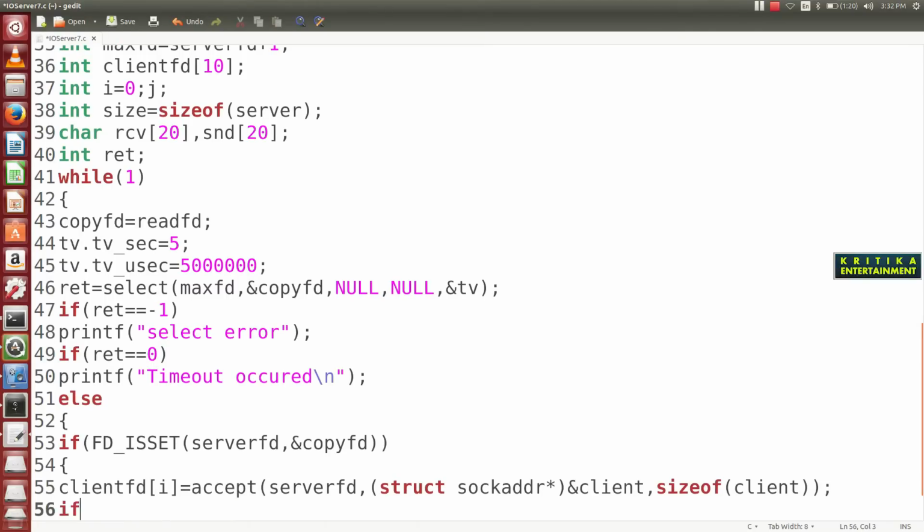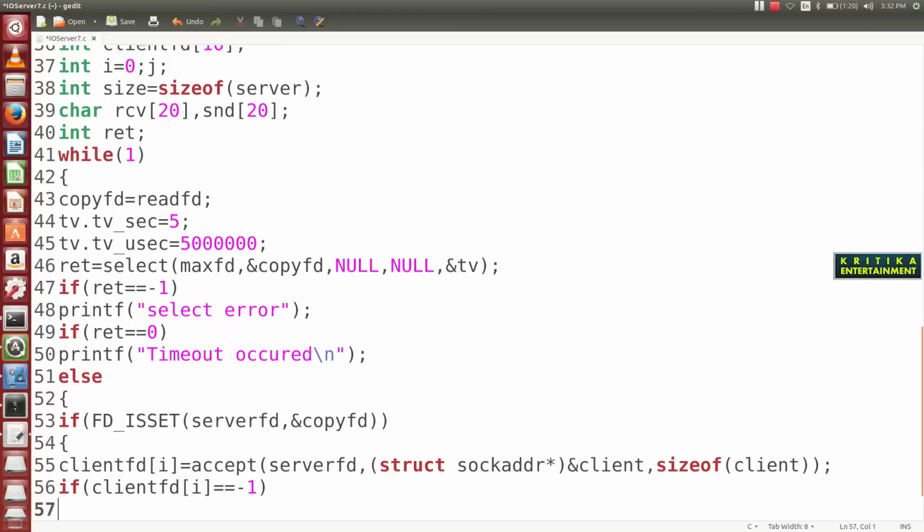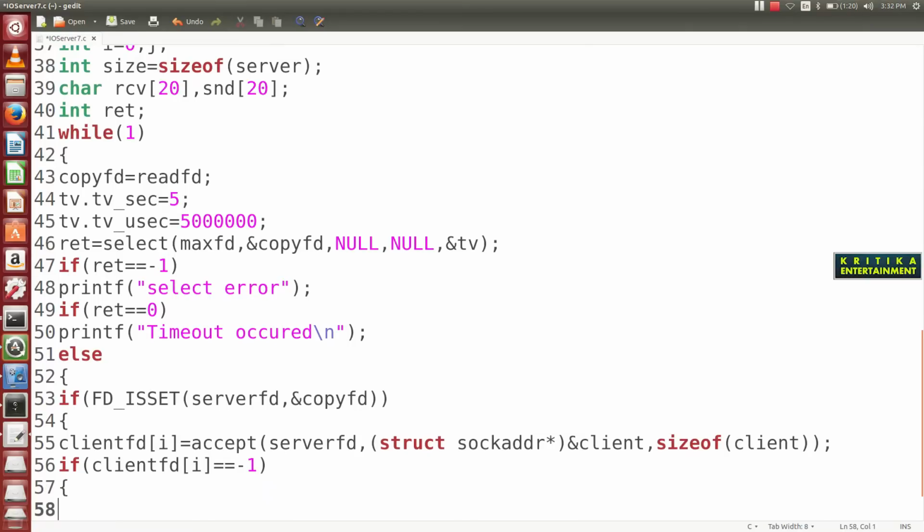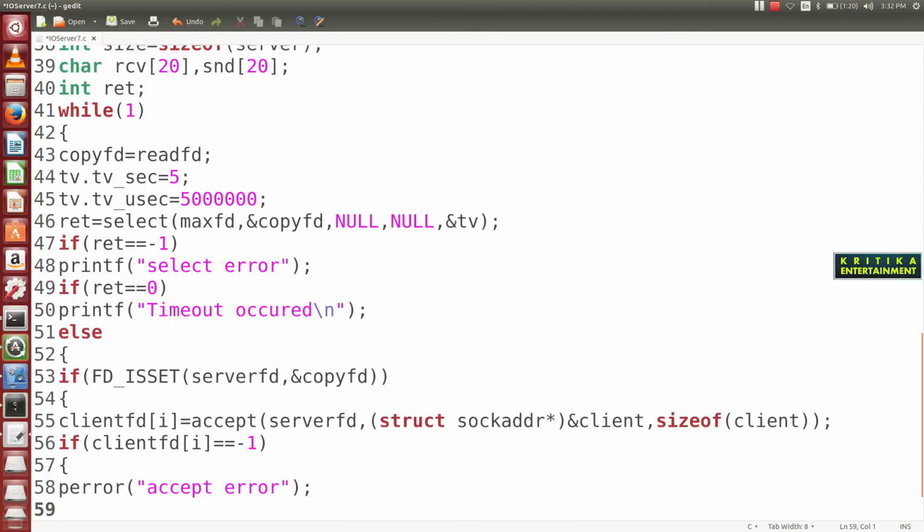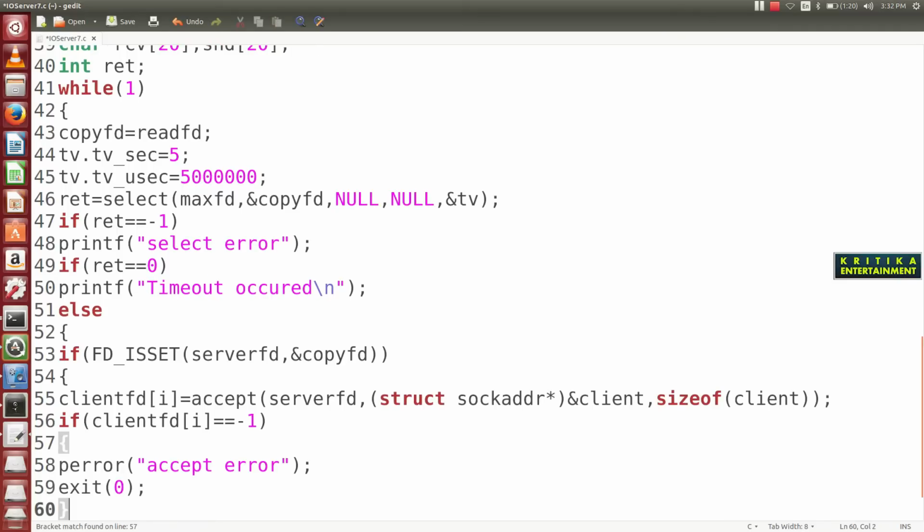If client_fd[i] equals -1, then perror accept error, then exit 0, then close the bracket.